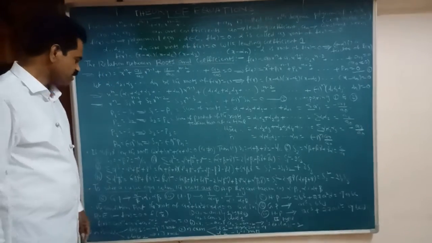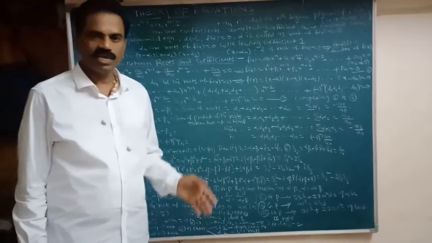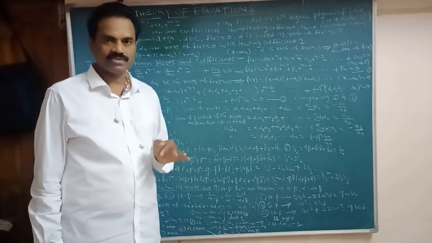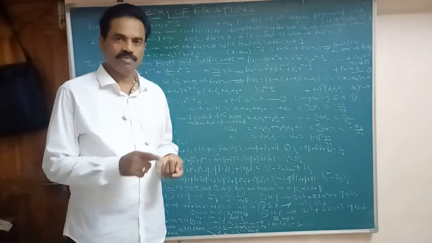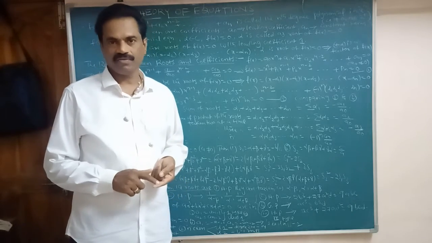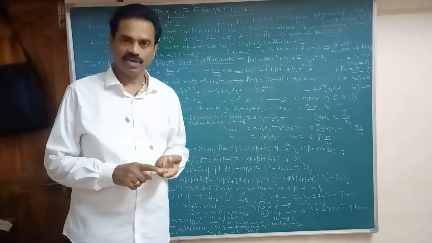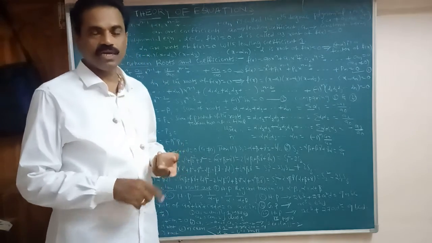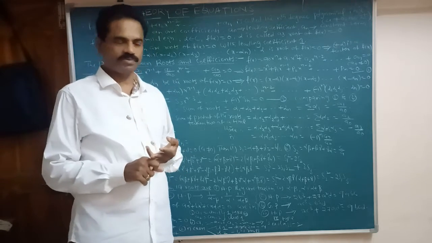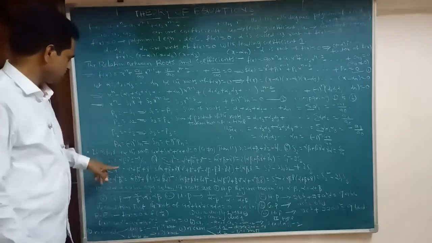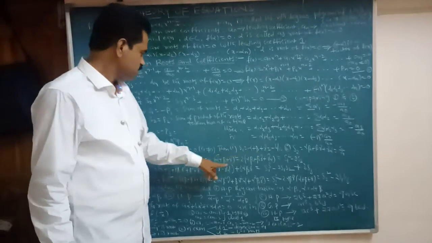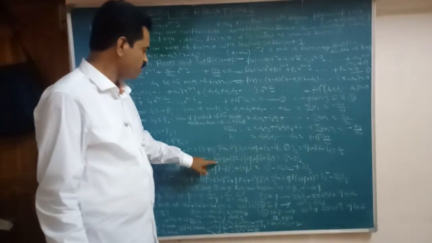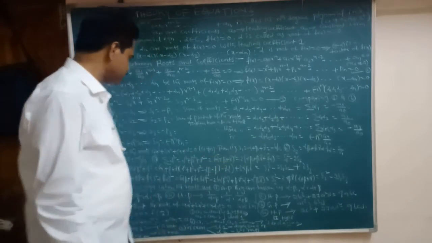Next, alpha square beta square. Same as we already did for alpha square plus beta square plus gamma square. Here also, same formula. In place of alpha write alpha beta, in place of beta write beta gamma, in place of gamma substitute gamma alpha. In this formula, alpha square here is substituted, and in place of alpha beta, substitute beta gamma and gamma alpha.